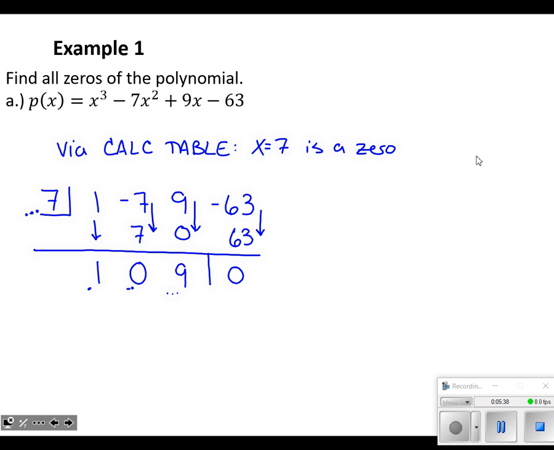So we've confirmed not only that we found the correct value out of our calculator, but also that we typed it into the calculator the right way. If we had made a mistake typing into the calculator, this synthetic division would likely show us that because we wouldn't get a remainder of 0. All right, so what we have to do from there is find the remaining zeros.